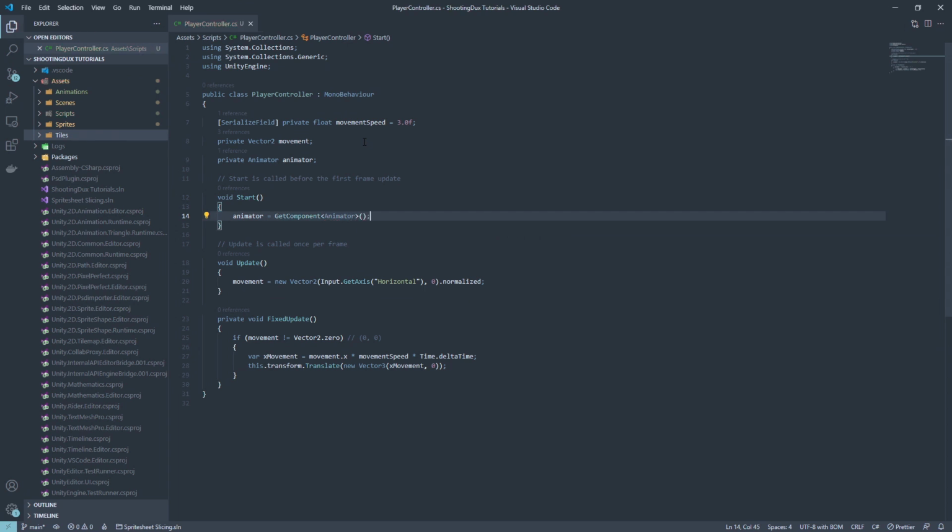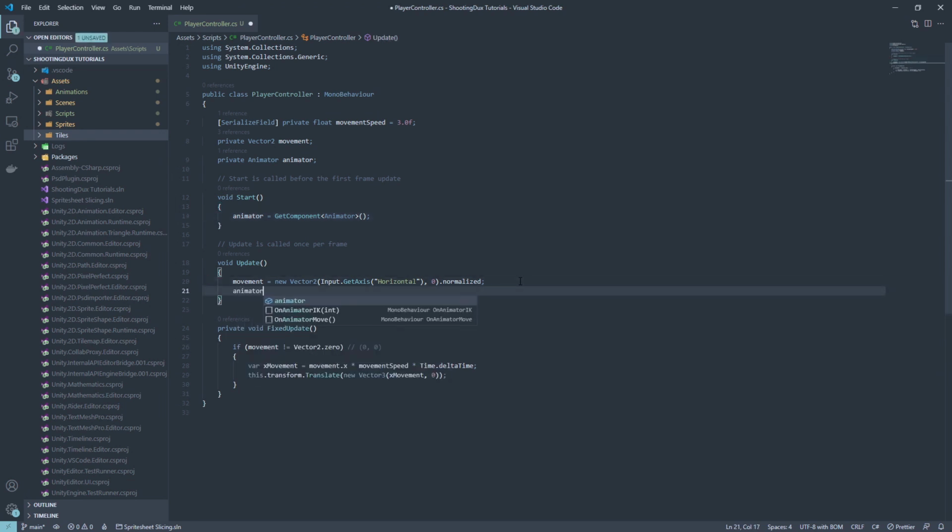Then what we need to do is set that speed variable that we were talking about earlier, that we created in the animator. And to do that, we're going to go to the update function. We're going to use animator.SetFloat. We're going to use the name that we created, which was speed. And then we're going to use the movement variable. But we want to make sure that we get a